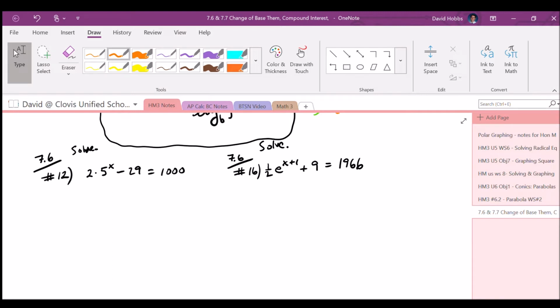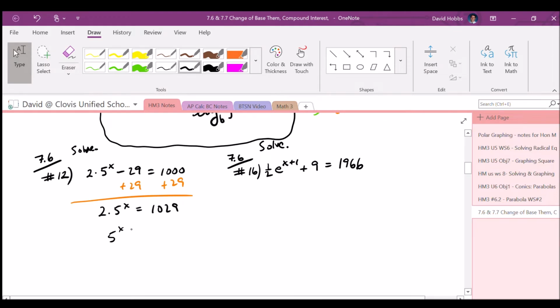So what would we do first? Well, I would add 29 to both sides of the equation, and then we would get 2 times 5 to the x equals 1029, and then we would divide by 2 or multiply by 1/2, and either way you do it, you get 5 to the x equals